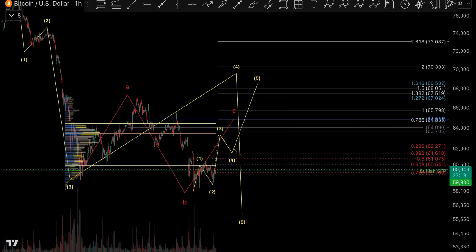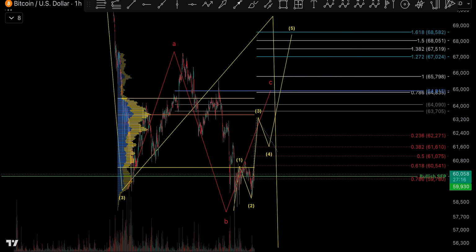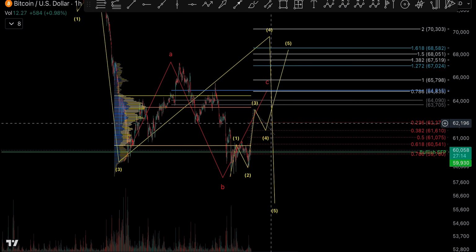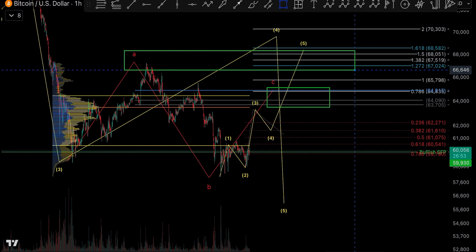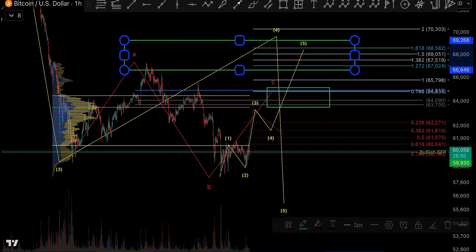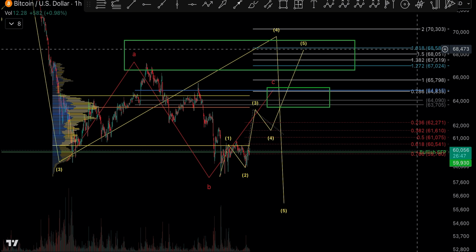So you have to pay attention here. Once we get that rejection, only then you look for shorts, not before that. So in this chart right now, the strong zone for me to look for short is around this zone. This is that first zone, and the best zone to look for shorts is around this zone here. I'm going to drag this slightly more higher because the price can come up to this 1618 zone and then